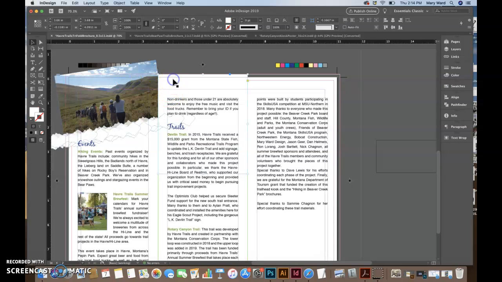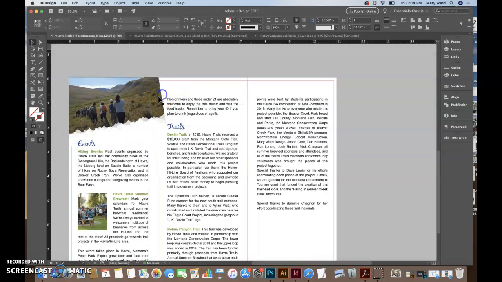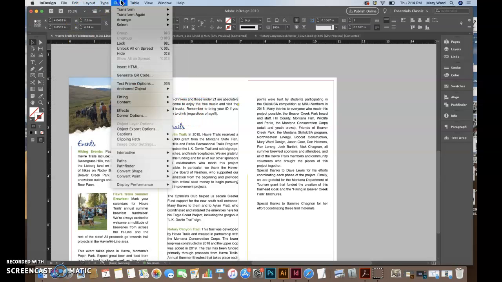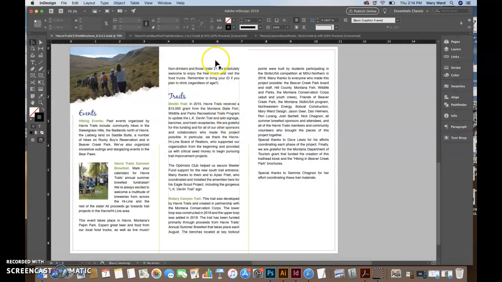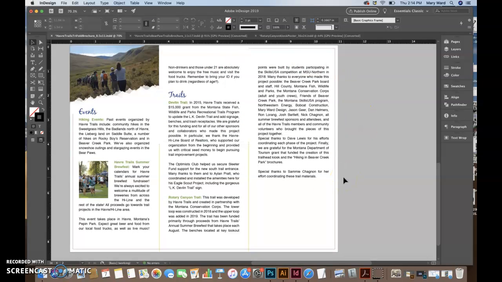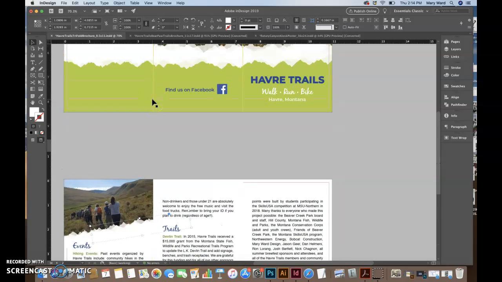And then I added in a white box over this, so if I delete that, you can see where the edge of this photo is. But I added that white box in, and then I just made sure that this was Object, Arrange, Bring to Front, so that that's on top of that white box there. And I can even Command L to lock that down. Okay, and then I brought in these mountains to kind of finish off that photo as another decorative touch, because we've been, like I said,